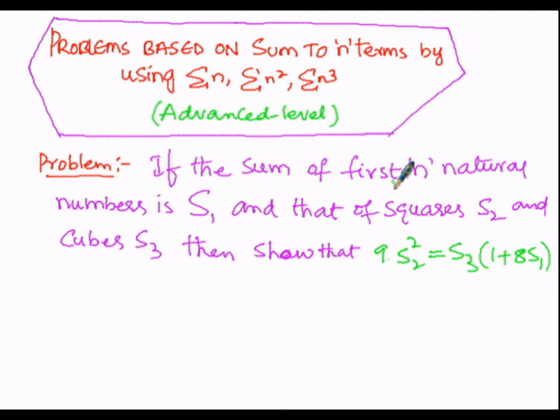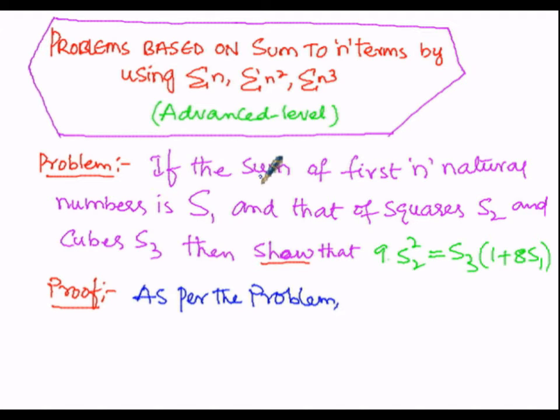When the sum of the first n natural numbers is given by means of S1, and that of the squares is given by means of S2, and that of cubes is given by means of S3. Since we have to show this, now the proof starts. So in our proof, as per the problem, the first condition is of sum of first natural numbers. So here set of natural numbers is given by,